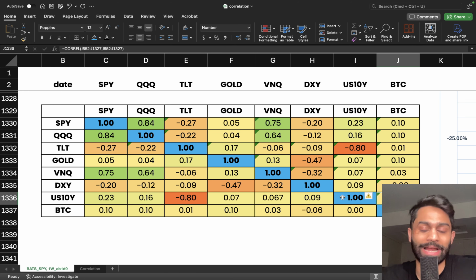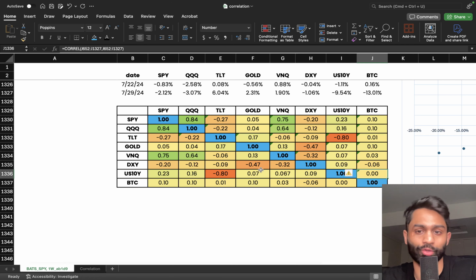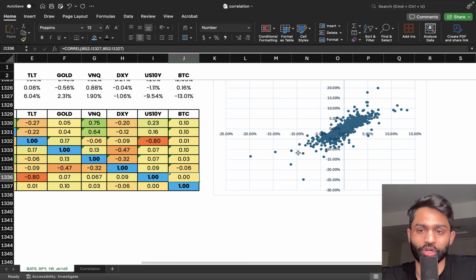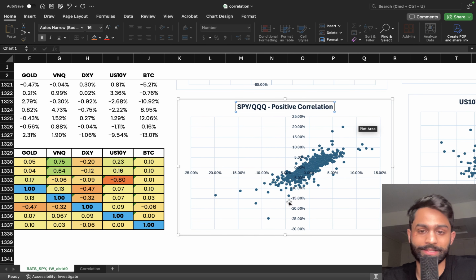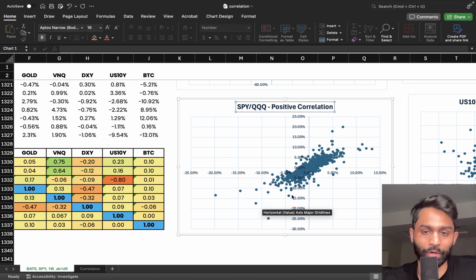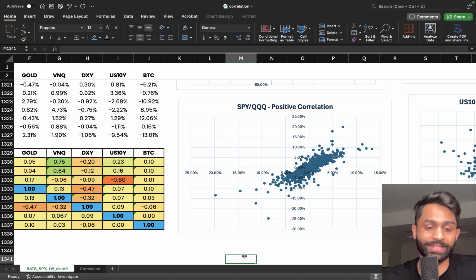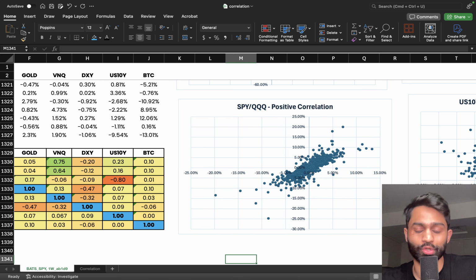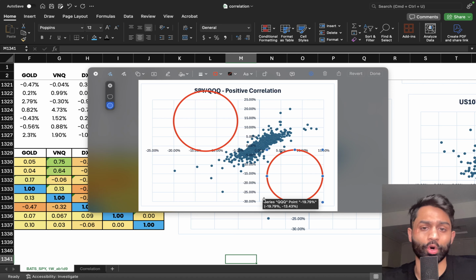And the cool thing is that you can actually start visualizing this on a plot chart as well, right? On a dot plot. If I start plotting this on actual charts, what you'll notice is that for every positive correlation, the chart is going to look something like this. We've got a SPY and a QQQ chart here. You can see that it's a little bit more elongated, right? It's going from the bottom left to the top right. That's because this is a sign of a positive correlation. You're not really seeing any dots in these areas. You won't see anything over here or over here, because that is a sign of a negative correlation.